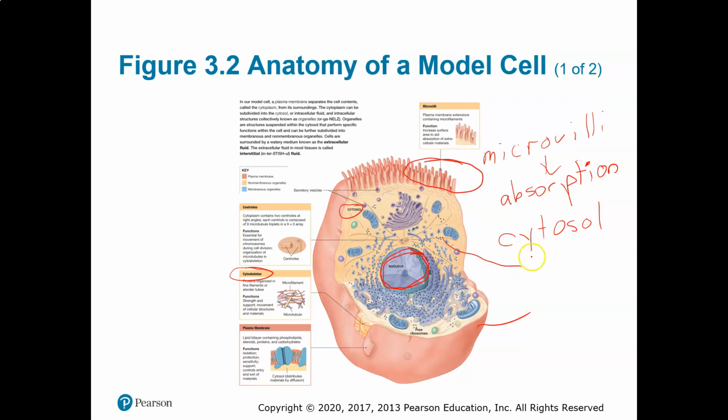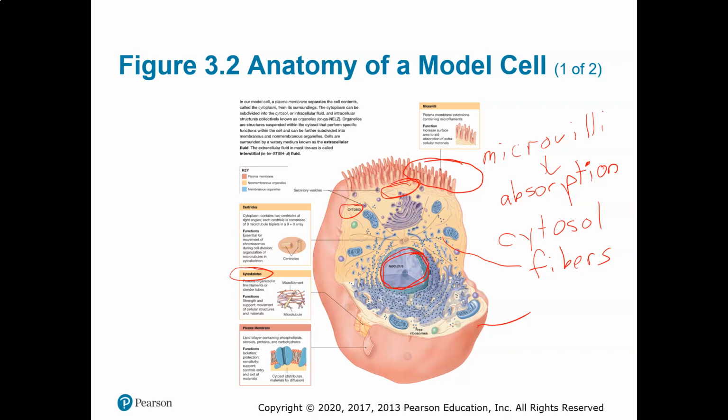You see different protein fibers scattered throughout the cell. They have different jobs. There's some up here near the microvilli, but these fibers have different jobs. They help maintain the shape of the cell. They help keep the organelles in place, the organelles like the nucleus, and they can help with movement